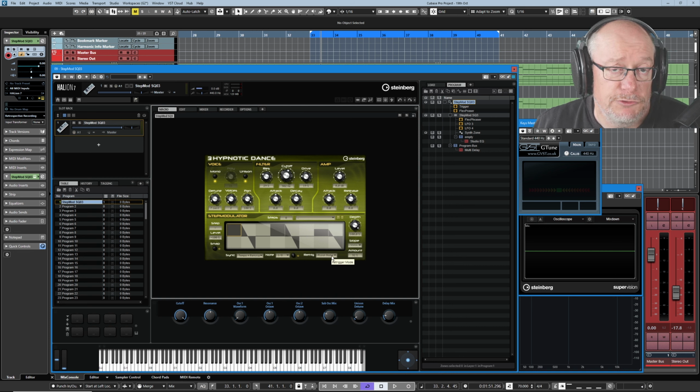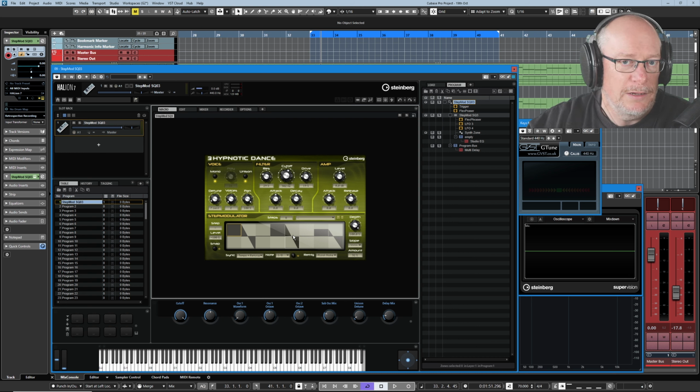All of the sync and retrig options, these also tie in intrinsically into Halion. I'll put a link above actually to a video where I just deconstruct the step modulator in Halion. I've done a very long video on that, so I won't rehearse all of these, but basically this is where you get to decide what happens every time you press a key. Do you want this step sequencer to restart every single time, or if you hold one note down and bring other notes in, you can get a much more continuous effect, and that's what's actually happening